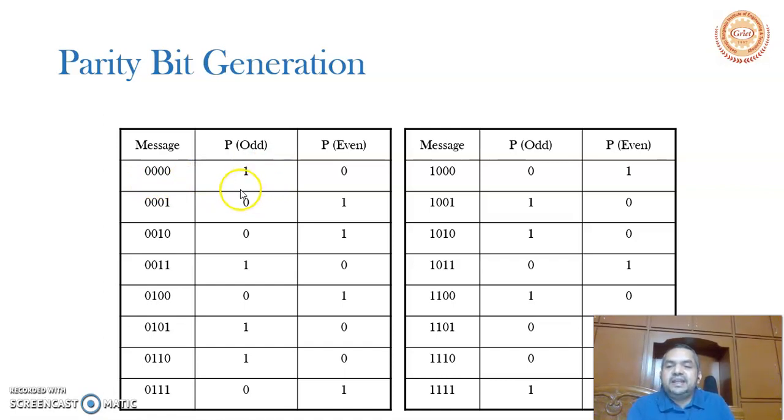Again, I am repeating, in the odd parity method, at parity generation, including the parity bit, the total number of 1s should be odd. If a message is 000, I will generate 1 as the P bit. P bit means the odd parity bit. Similarly, another example: assume my data is 4-bit data, 0111, with three 1s. For that, the odd parity bit is 0. Now to the destination, I will send the 5-bit data 01110.